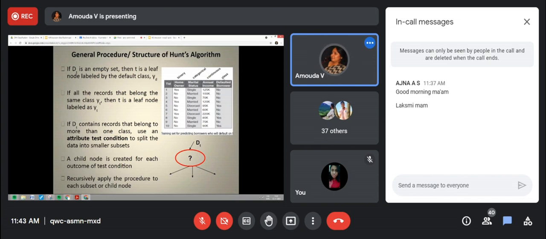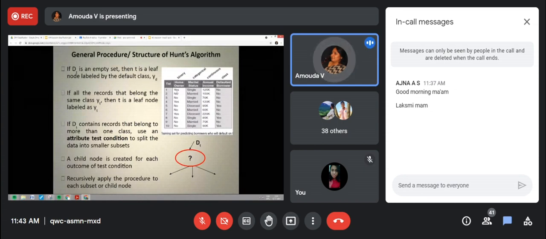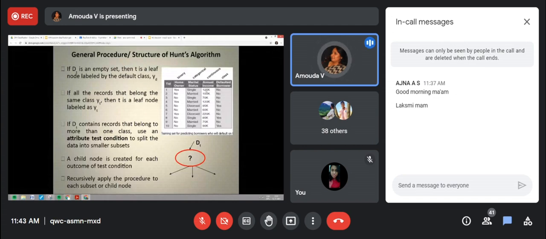Defaulted has two classes, yes or no. If this is the training data set, we have already concluded that if they own a house, are single and earn 125K, then he is not a defaulter. Every value of the attribute is given.